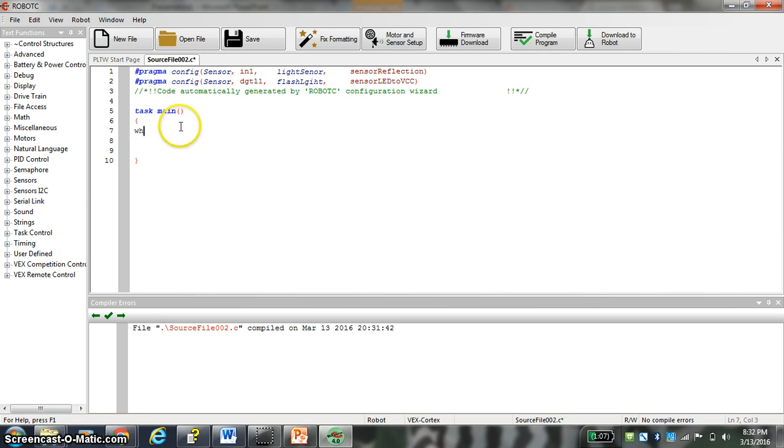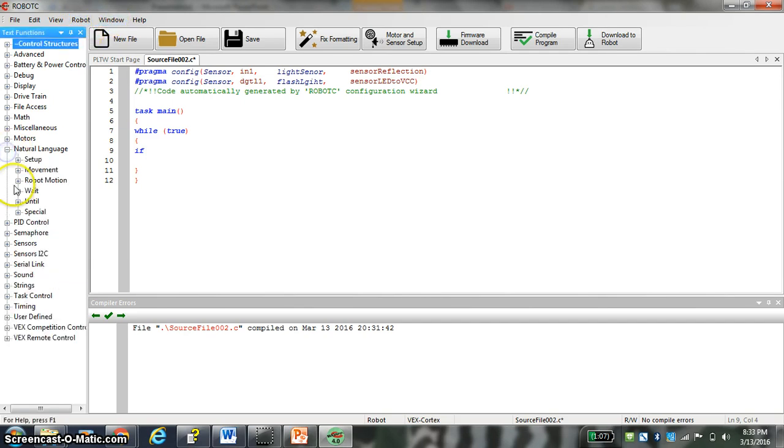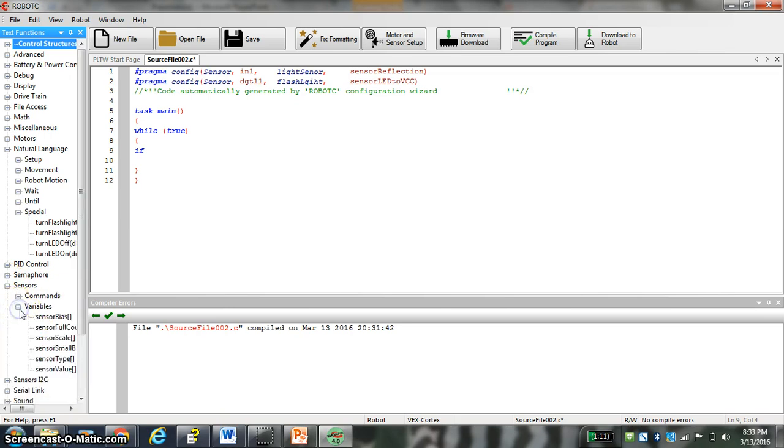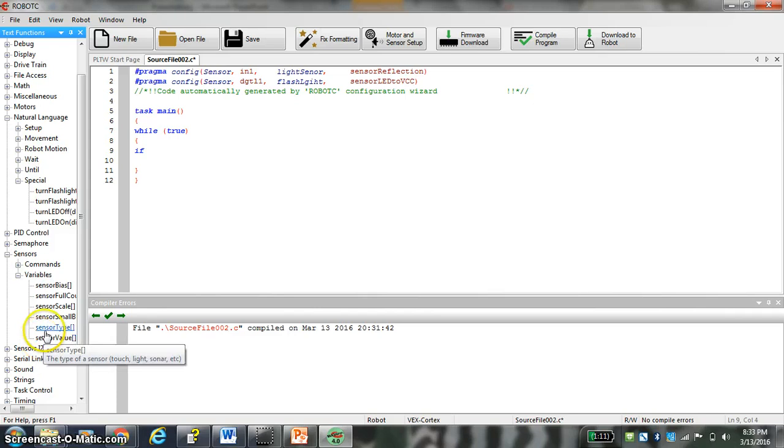Once again, we're going to set this in a while loop where it's true. Okay, you can put that, the motor will understand that. Remember, open the brackets, then we'll go below this, and we're going to close the brackets. And then we're going to say this is an if-else code. So if, and we're going to go over here. I'm going to change my window here to natural language. And we're going to go to sensor, sensor value, okay, and we're going to say light sensor,